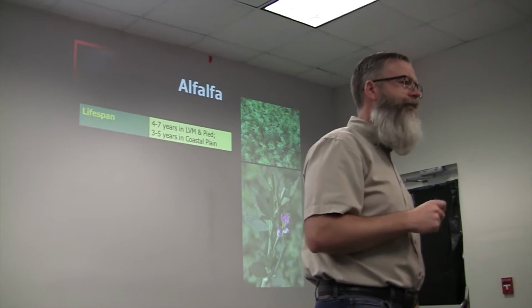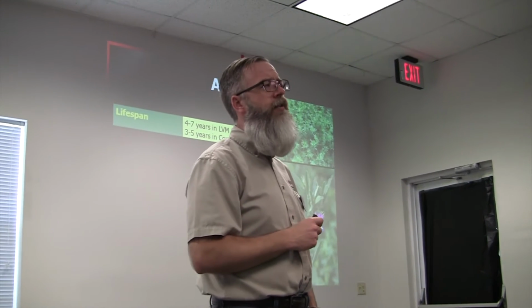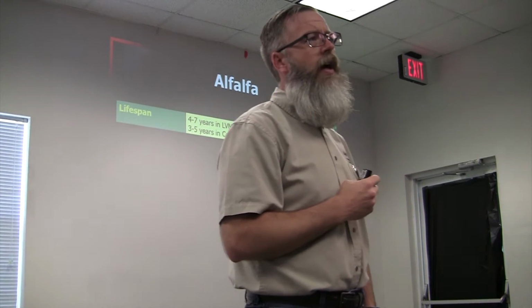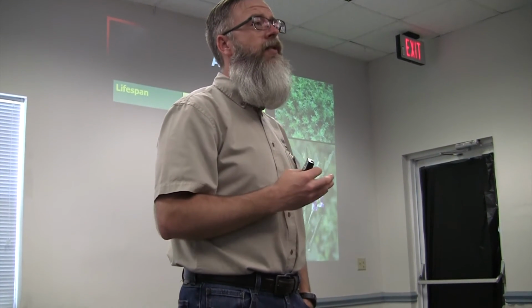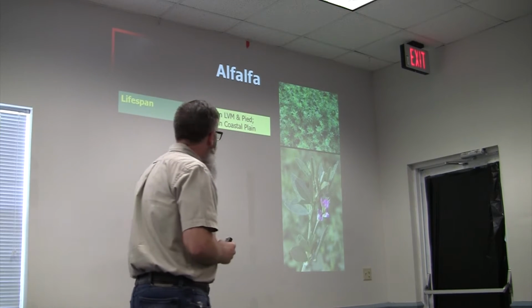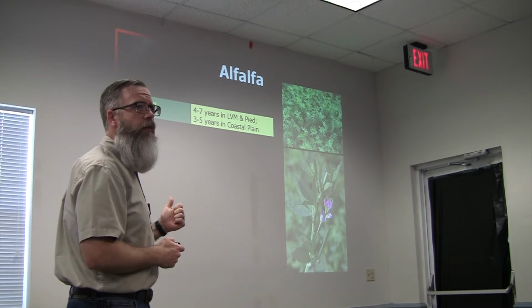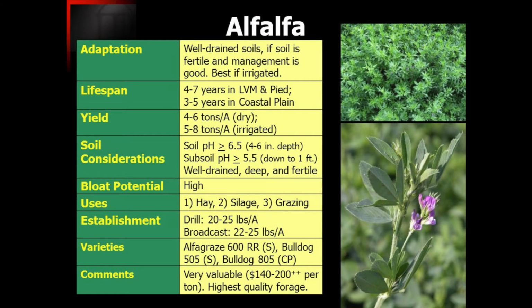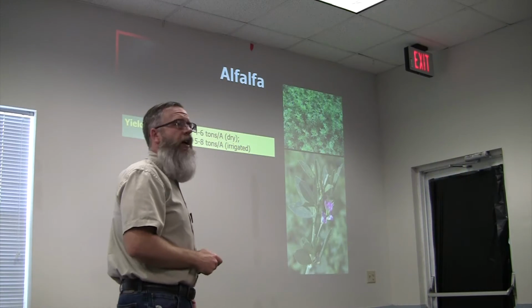We have a stand at the Sunbelt Ag Expo that was planted before I came to University of Georgia over 12 years ago, and it's still in decent shape. It's thinned down quite a bit, but it's a really good balance of Bermuda grass and alfalfa together. Of course, under irrigation, it will thrive even more. You'll get more production, but generally speaking, even under dry conditions, we can get pretty good yields off of it in the 4 to 6 tons of dry matter to the acre range. With irrigation, we can push that up maybe to 7 or 8 tons, depending on the site and the fertility